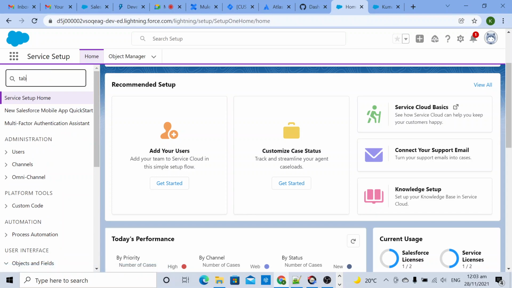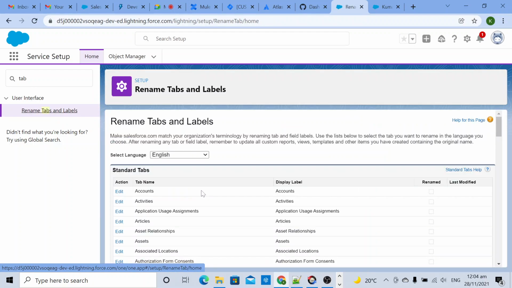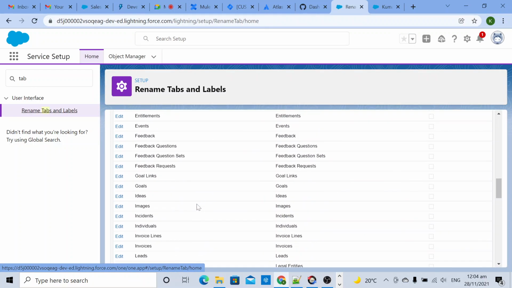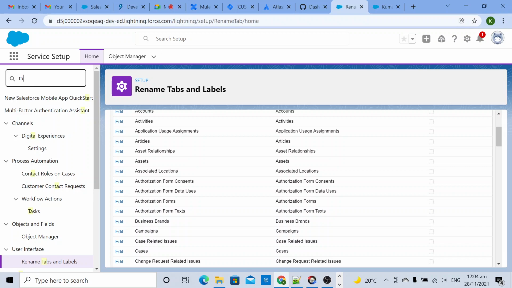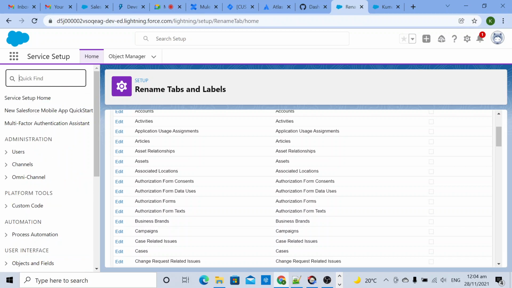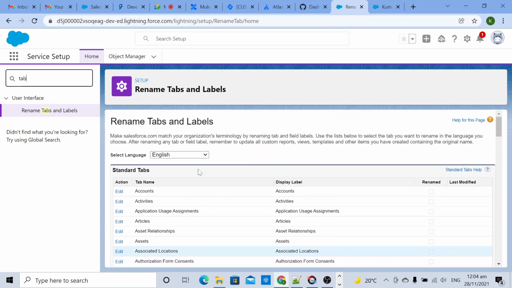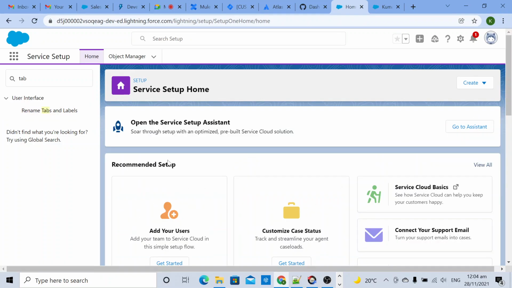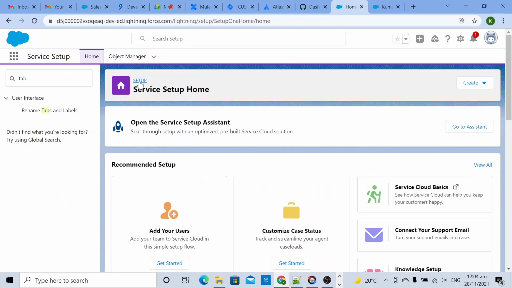you need to select the tab. Okay, and then click on tab. The tab option is not coming since I already created it, so click on this, rename tabs and labels. I deleted the tab option.